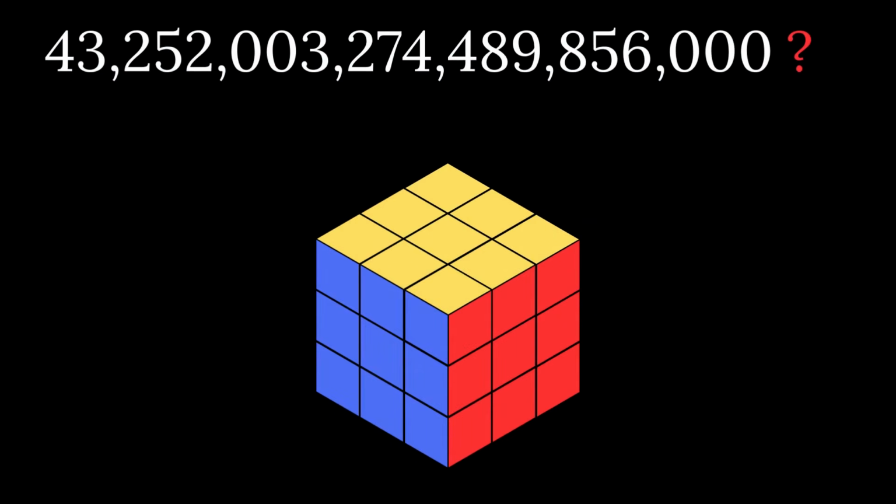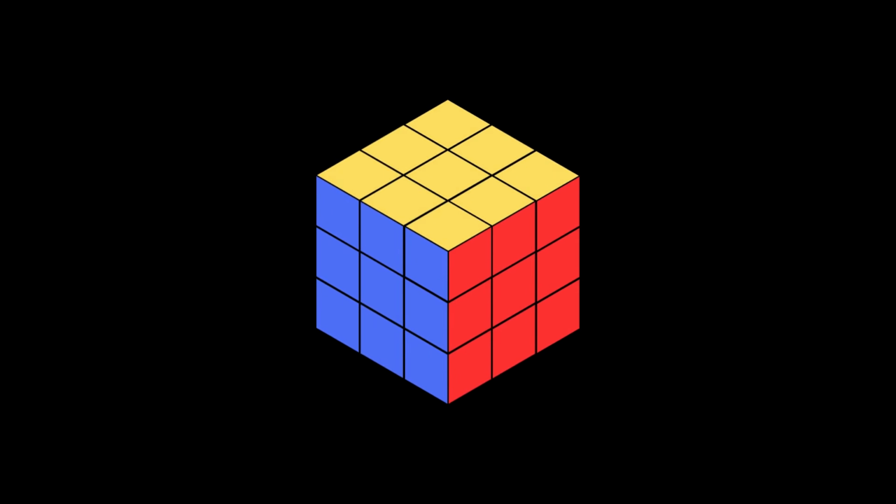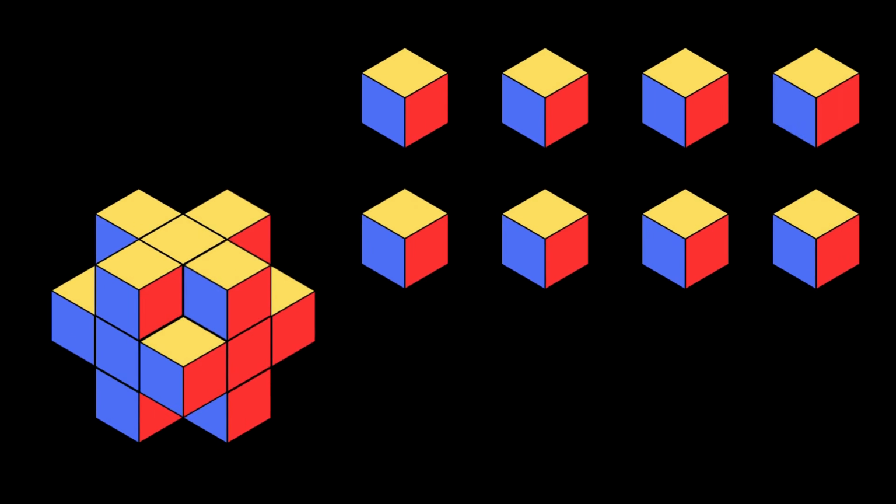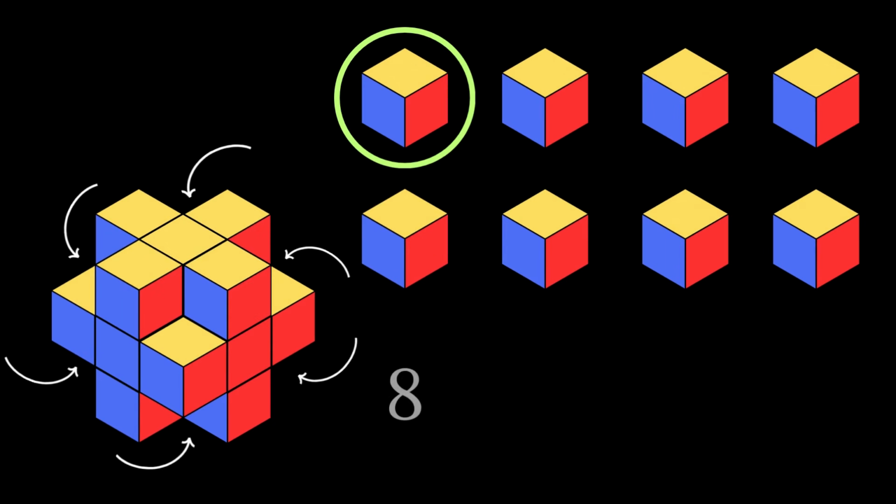So, how did we arrive at this final result? Well, let's take a deep dive into it. A classic 3x3 Rubik's Cube has 8 corner pieces. Let's take a look at how many different ways each corner can be placed. The first corner has 8 different slots it can go into, since there are no other corner pieces in just